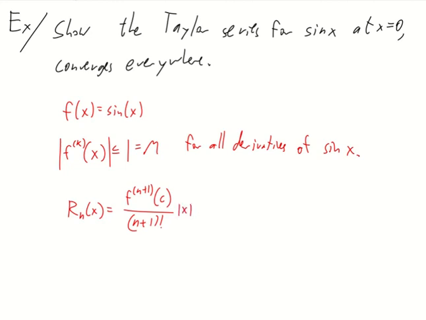X to the n plus first power. What I just found out is that's always bounded above by 1. The biggest this could ever possibly be is 1, because it's going to be some value plugged into the sine or plugged into the cosine, depending on what number derivative I'm at, whether I'm at an even or an odd number of derivative. I'm either going to be at sine or cosine, and it's always going to be bounded by 1, so I know this is at worst